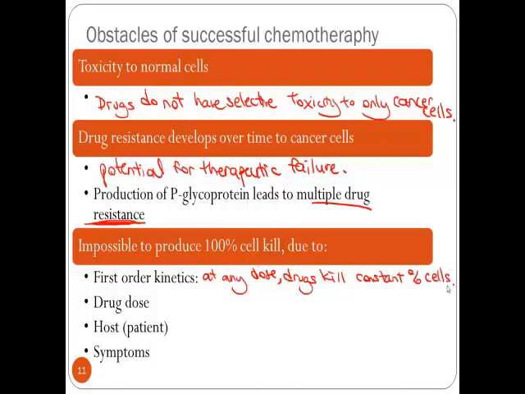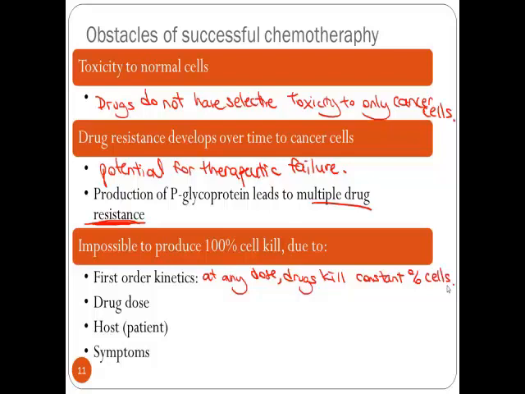All right. So, for example, let's say we start with 1 billion cells, and the drugs will kill 99% of the cells. Right. So you have 1 billion cells. Give the person 1 dose of chemotherapy. 99% of them die. You're left with 10 million cells,